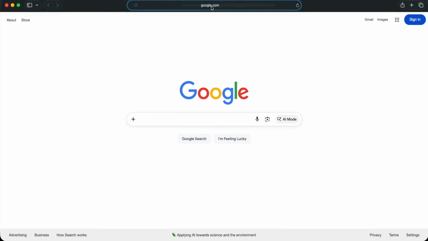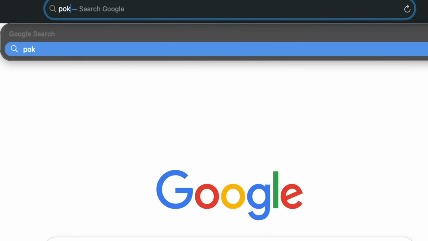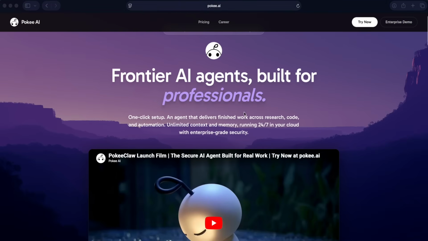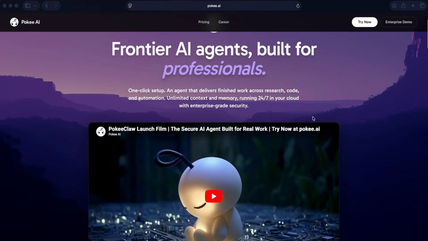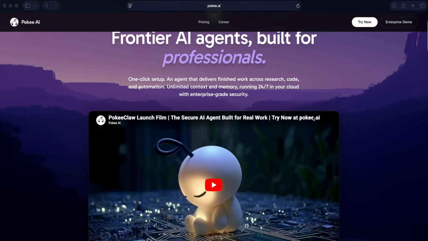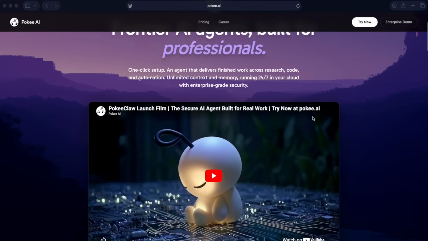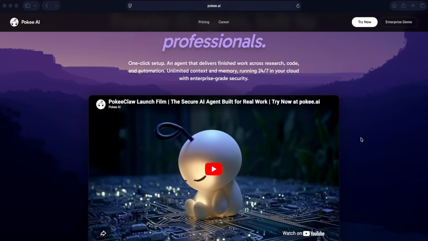Okay, so to get started, go to the top, type in Pokee, with 2 E's, .ai. Press enter. This is Pokee AI. It's an AI agent, one-click setup. It's an agent that delivers finished work across research, code, and automation, unlimited context and memory, running 24/7 in the